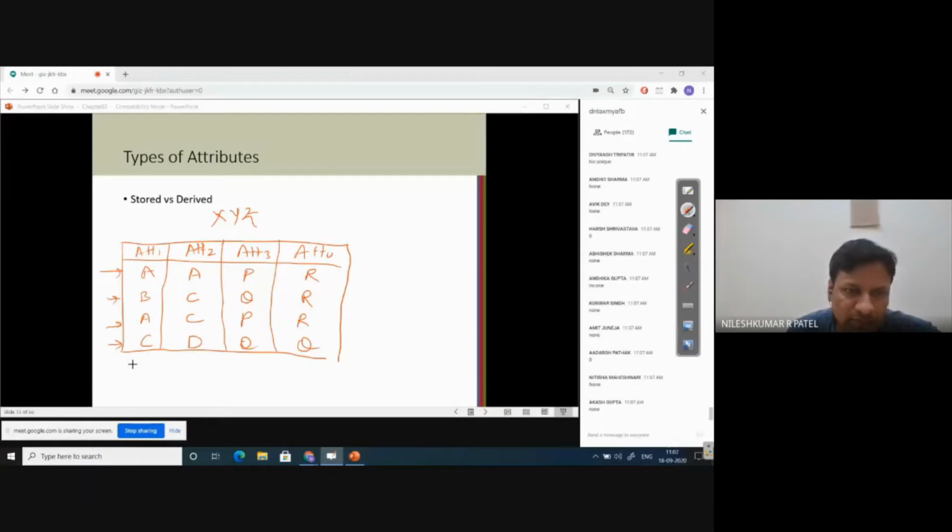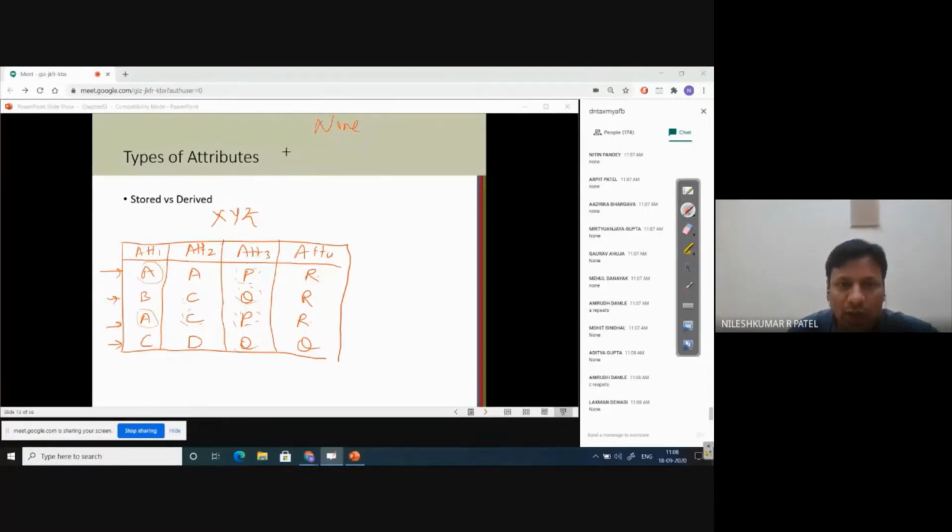So let's take example of attribute 1. Why it cannot become key? Because we can see here A and here A, they are repetitive. So if I say A, I want to point out A, but I will not be able to point it out because 2 students will come up, right? Here we have duplicate entry C. Here P, here also P, right? Q is also duplicated, and here R 3 times. So none of them in this case, right?